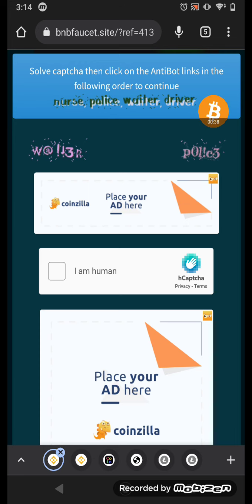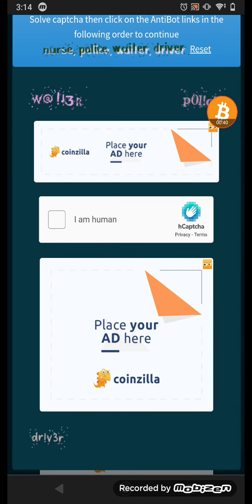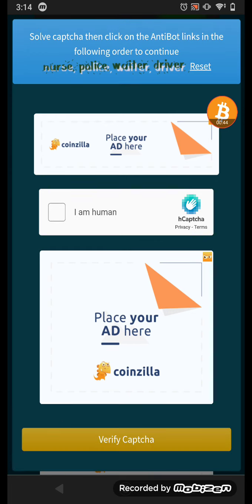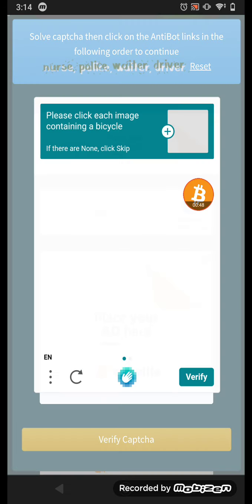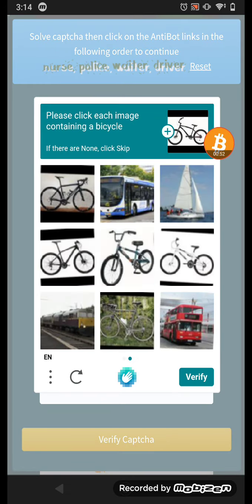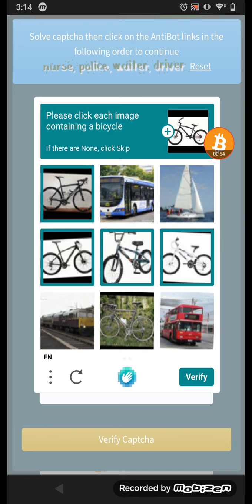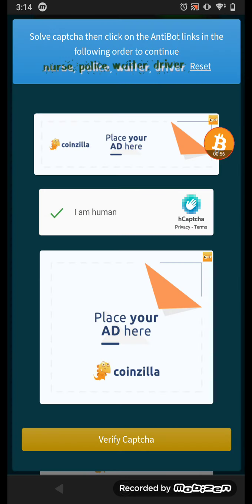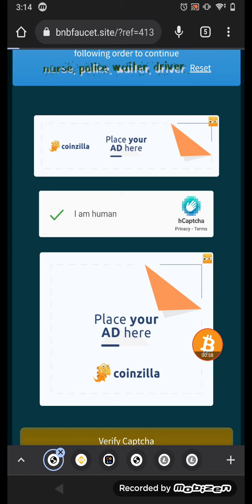First of all, I solve these captchas, too easy. This is nurse, police, waiter, and driver. Then I solve the next captcha. Okay, wait a few seconds, and this is the bicycle. You click the bicycle available in this picture and just click verify, and that's it. Just click verify captcha. Okay,